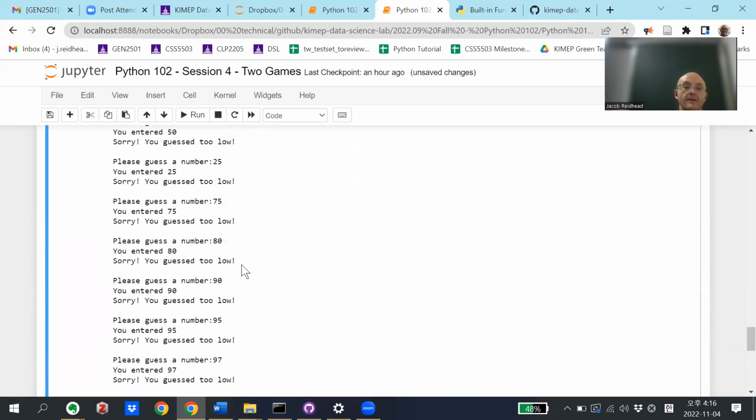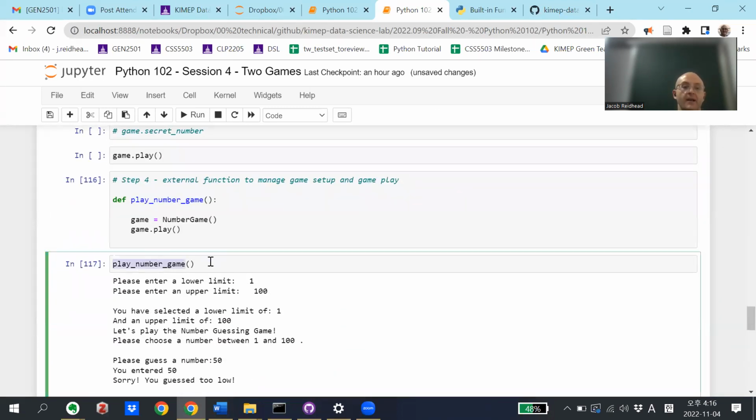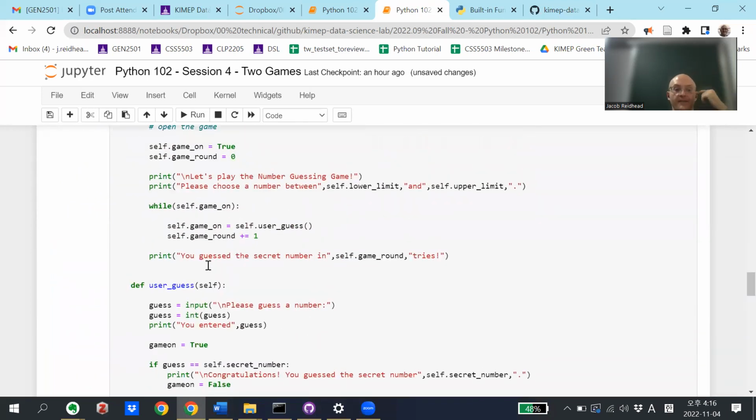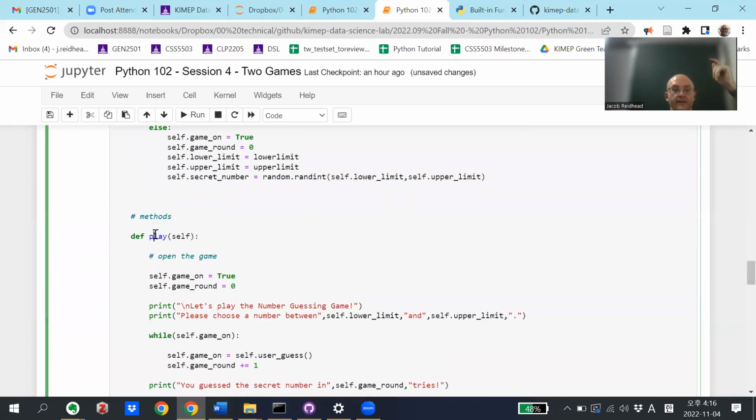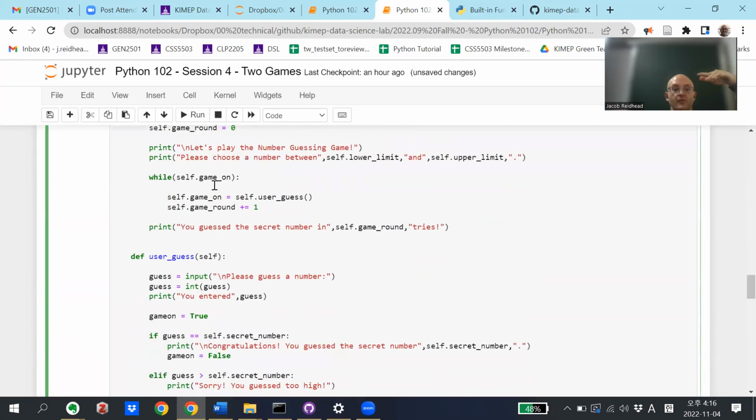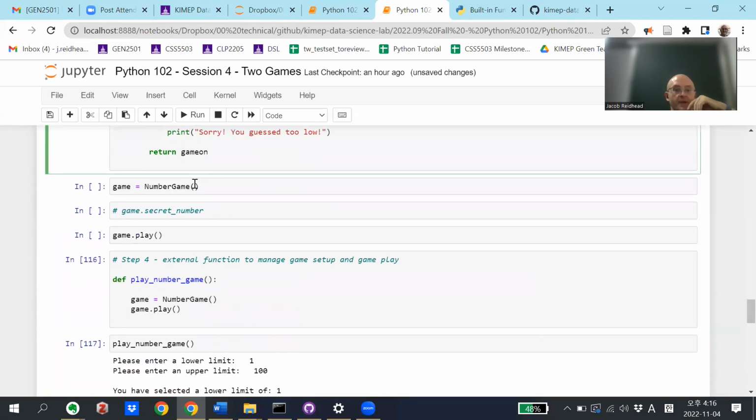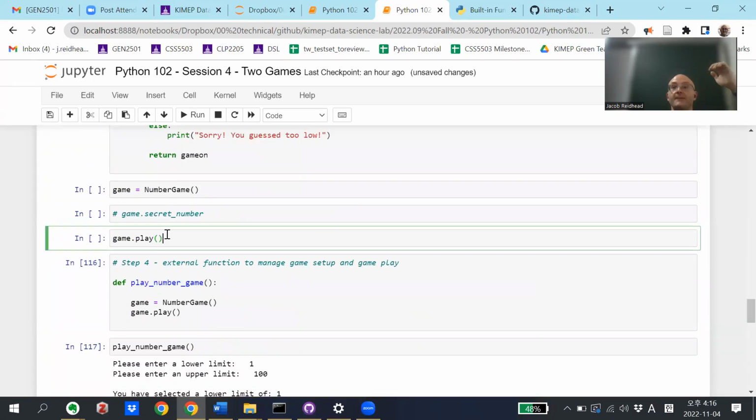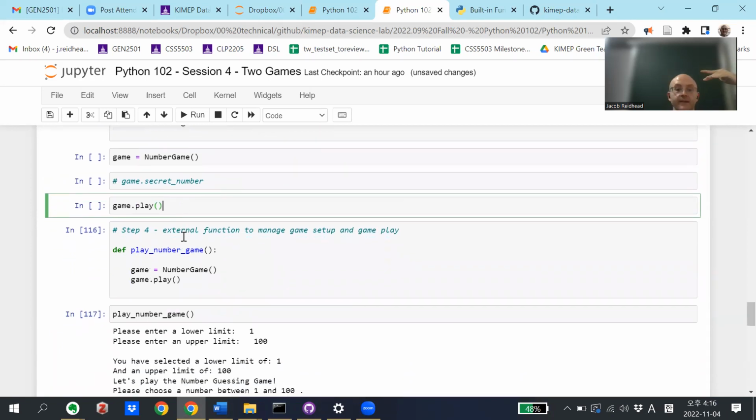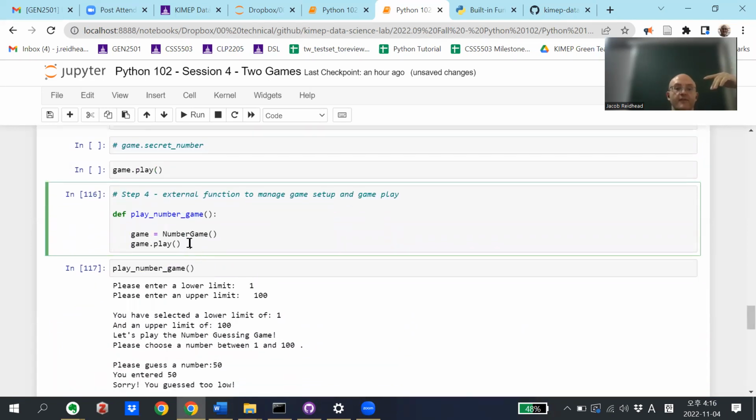Yeah. Right. So you have some methods, right? This user guess and the play game and this instantiator, these three things are working. But before, we had to call these one at a time, right? And you had to know how to do that. Now we can just create this external function that calls a number game class, saves it as a game, and instantiates it, right? So every time that we call this function play number game,